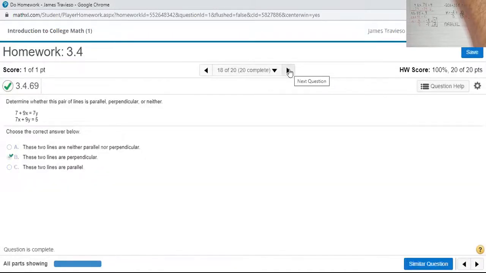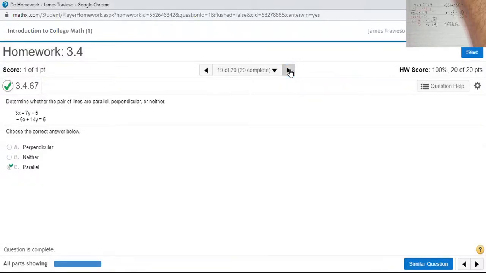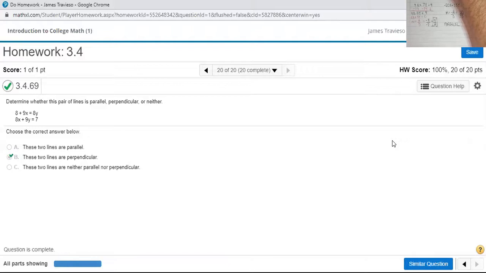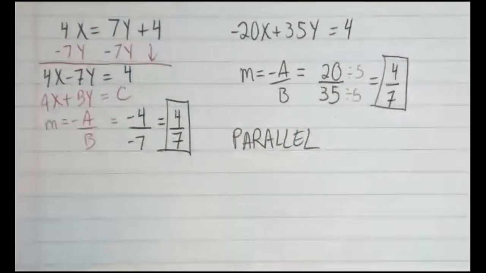All right, so that's where we're at with 3.4. I know there's kind of a lot with 3.4. But that is the last section here for chapter 3. I also, like I said, on document sharing, you can find your chapter 3 review. So I will need you to get all of